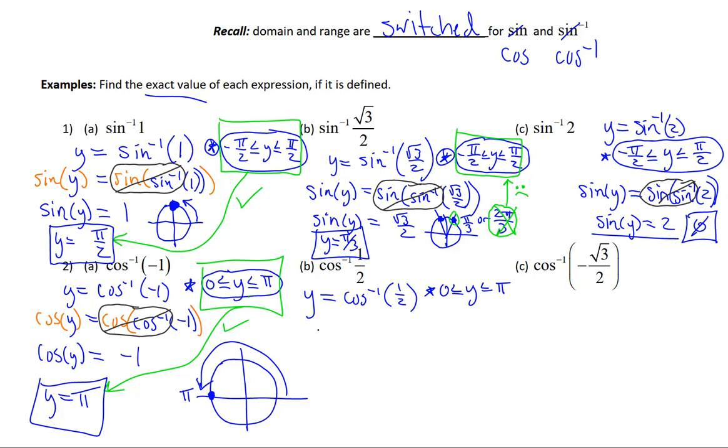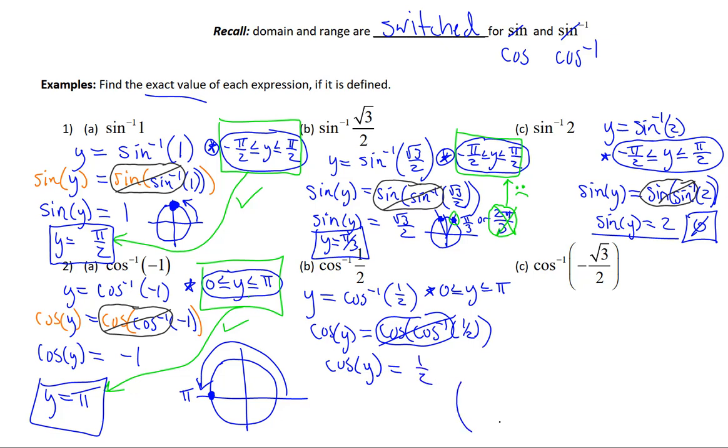And that means then if we take the cosine of both sides of this, we'll have the cosine of y on the left side equals the cosine of the cosine inverse of 1/2. But then the cosine of the cosine inverse will cancel, leaving us with the cosine of y equal to 1/2,